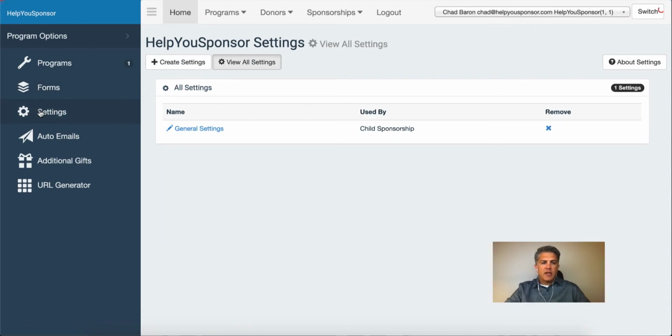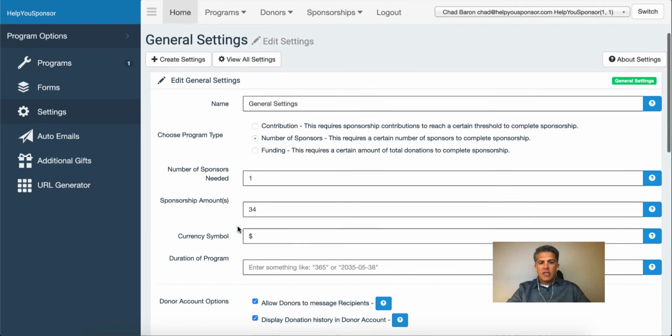Next, let's take a look at the settings. The settings are where you define how your program is going to be run. Here I have my general settings set up, and you'll see that this is a program type we call number of sponsors. This means that for a child to be considered fully sponsored, they need a specific number of sponsors. So you see here we have number of sponsors needed is 1. Now if I change that to 2, then the child would remain available for sponsorship until there were 2 sponsors